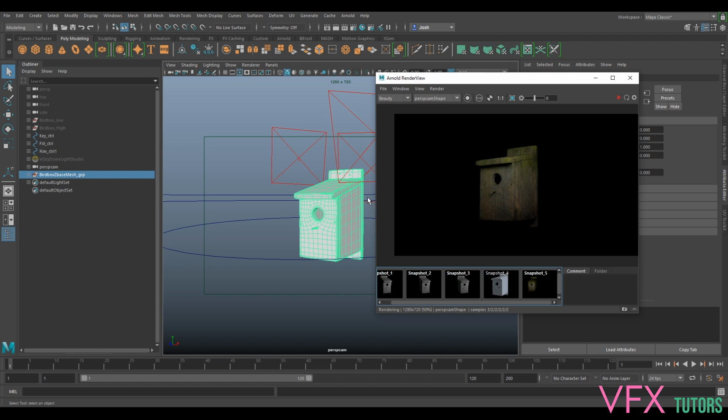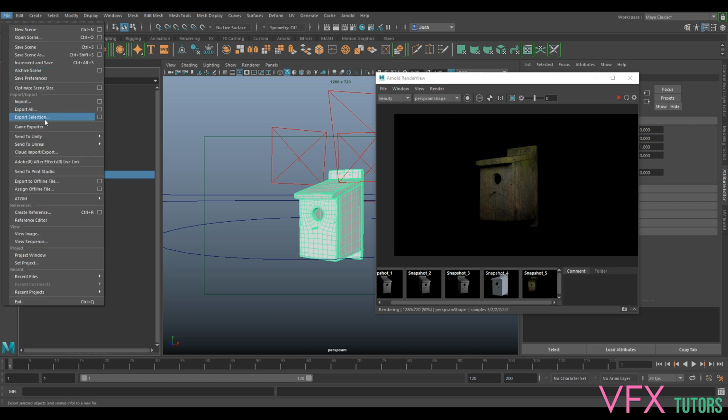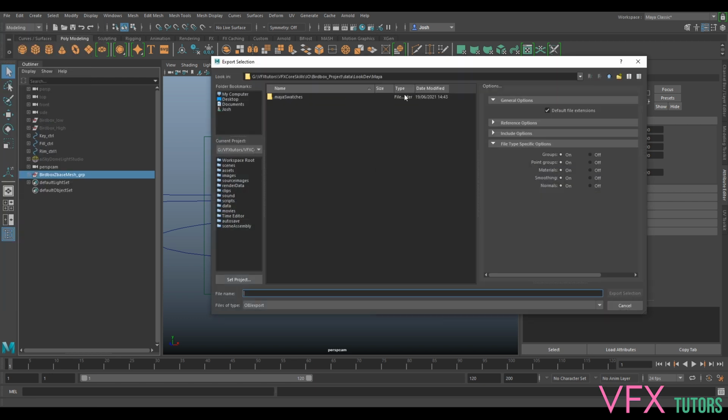Ideally we could reference this, but I don't want to go into referencing because we want to keep it really simple. So what I will do actually is export this as a simpler sort of method, because ideally you'd probably want to keep this in your file and export as a reference. But I'm not going to go into that. We can do that a little bit later. I want to keep this as simple as possible. So I'm just going to go File, Export Selection,